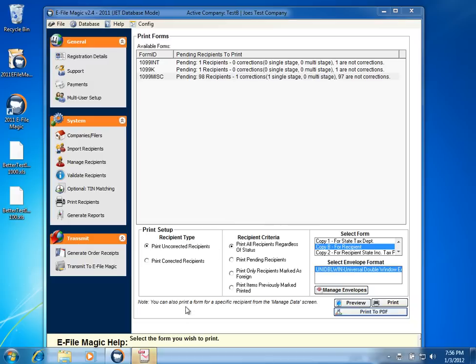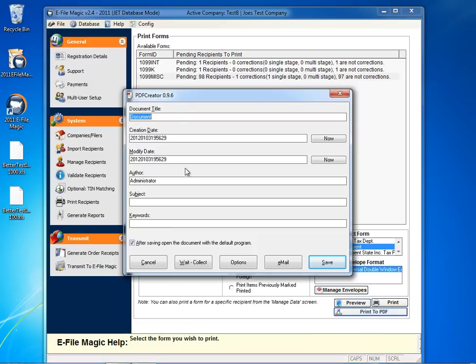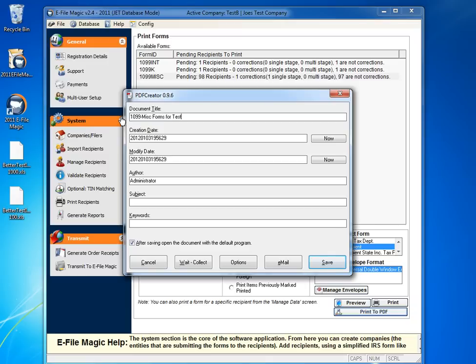I'm going to go ahead and select Yes, and down in the bottom I can see that PDF Creator, which is the optional GPL software that's packaged with eFileMagick, is asking me what to name this document. So I'm going to call this 1099 miscellaneous forms for Test B Joe's Test Company, and I'm going to go ahead and select Save